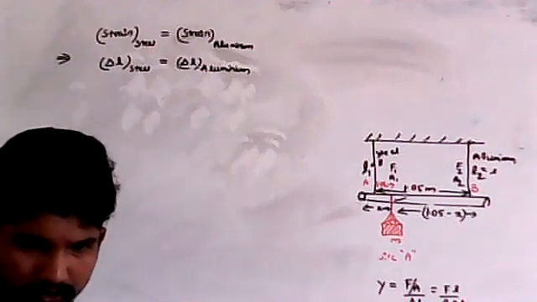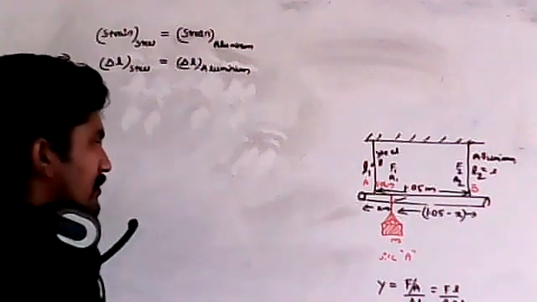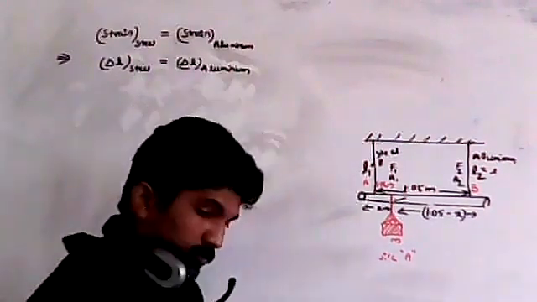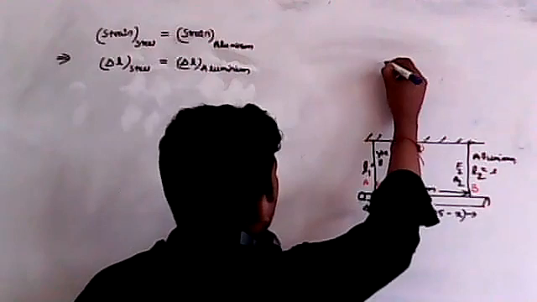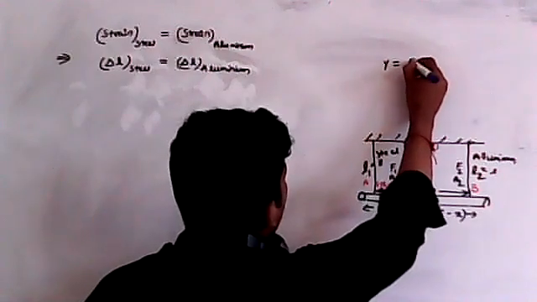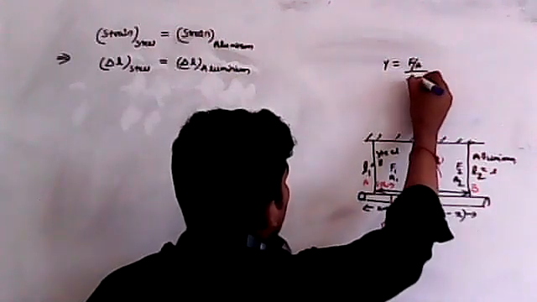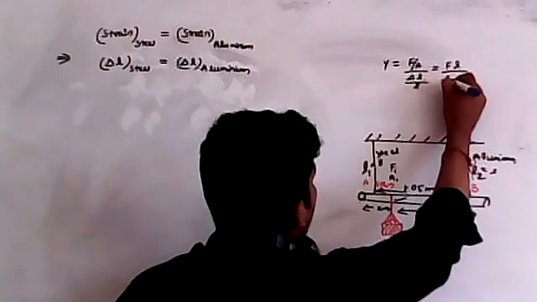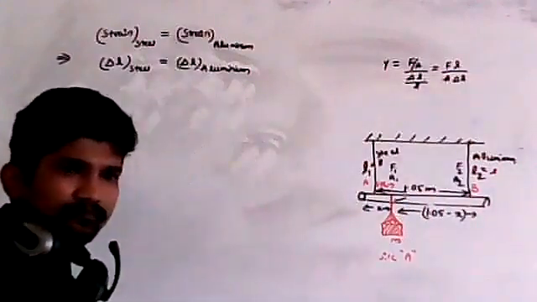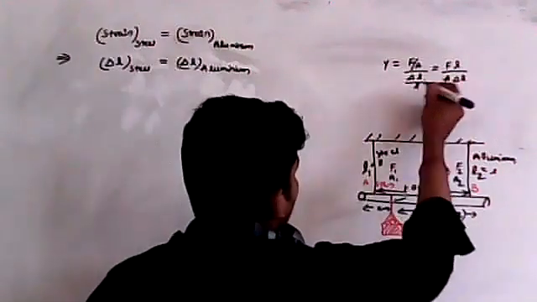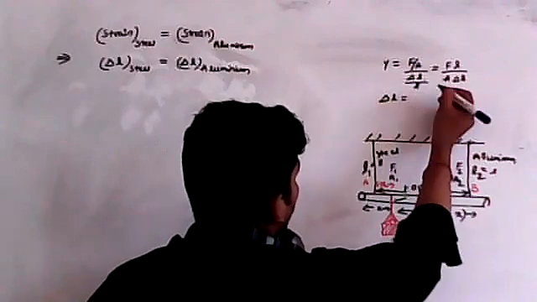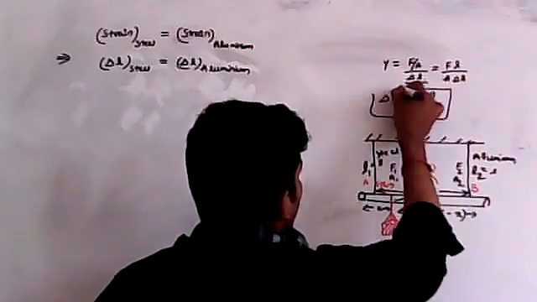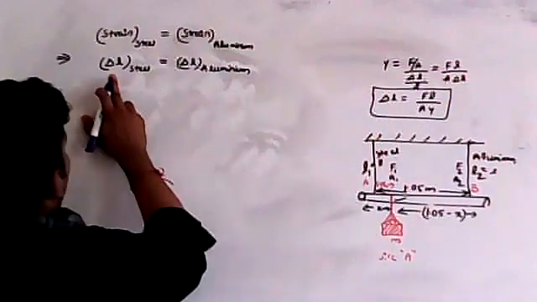Shraddha, what happened? Nothing, ma. Let me write once again. This is the basic formula you have already learned in the previous class. Just write down here: F into L over A into delta L. Is it clear? But I want delta L. Why? Because I want to calculate strain: F into L over A into Y. So this is the formula I want here.